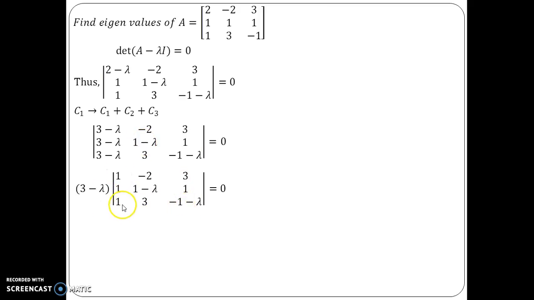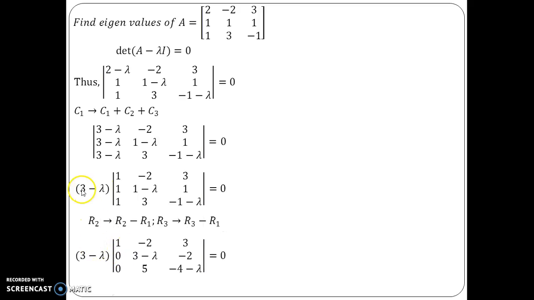Okay, now I am performing the following two row operations, that is R2 is changing to R2 minus R1 and R3 is changing to R3 minus R1. So what I am going to get is this: the 3 minus lambda factor remains as it is. Since R2 is changing, the following changes are done: this element A21 becomes 0, then 1 minus lambda will become 1 minus 2 over here, so that will become 3 minus lambda, and similarly 1 minus 3 will become minus 2. And then over here 0, 3 minus of minus 2 becomes 5,